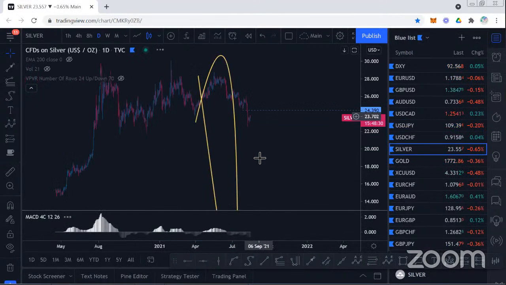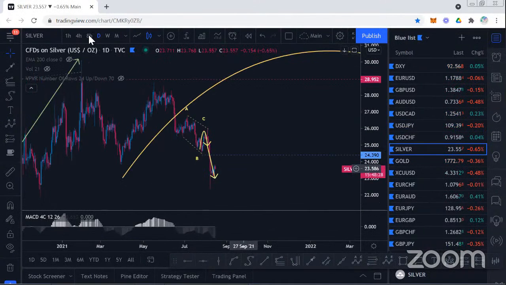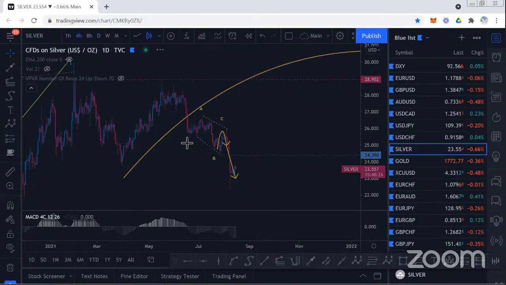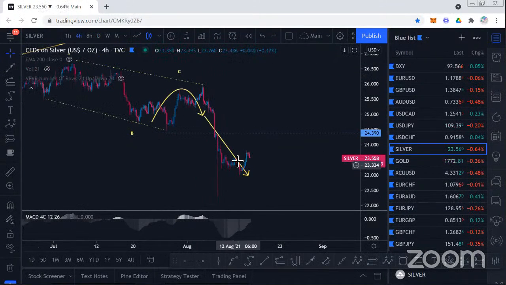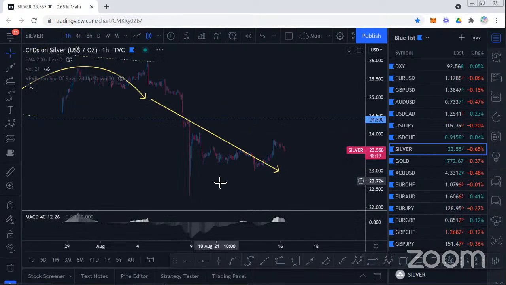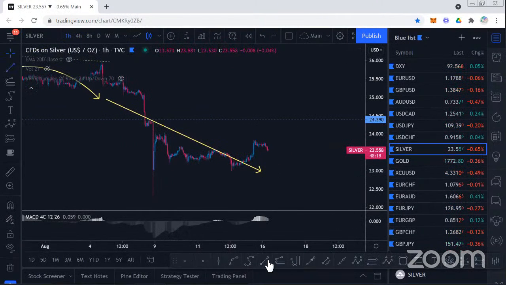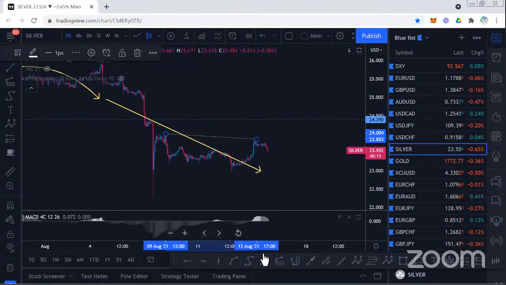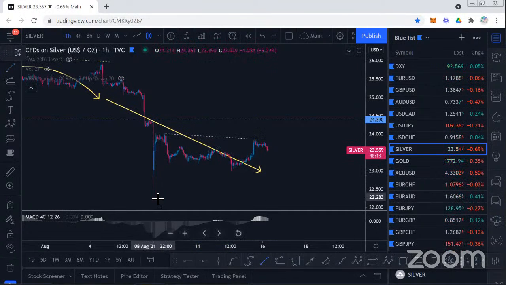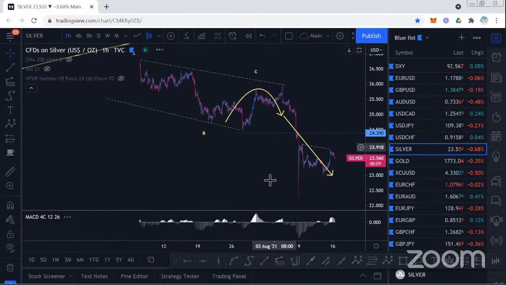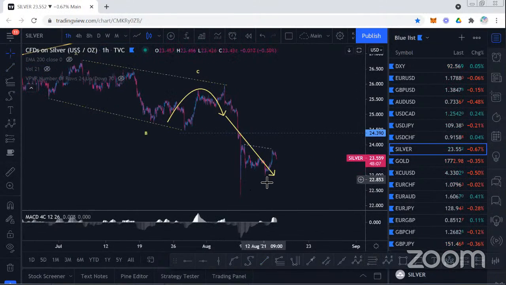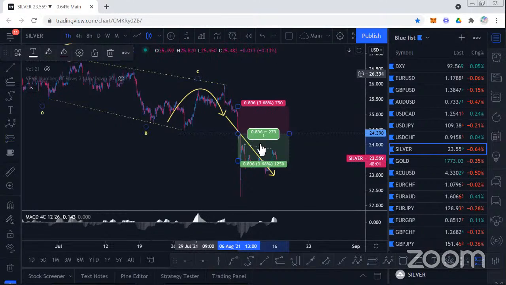Silver, still kind of chopping around in this region. It looks like a little bit of a structure may have formed here, but really nothing we can write home about. Potentially, you could look at this as running flat or contracting flat, something along those lines. But yeah, entry order below these lows I still think is valid, and we should already be in this short from this region here following the end of that structure.